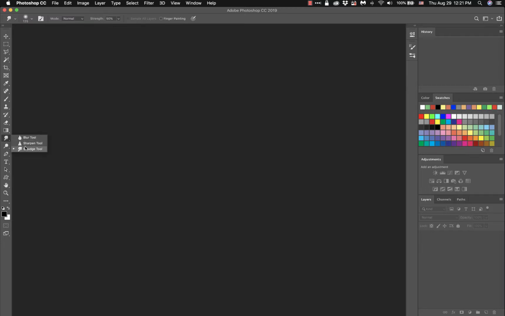I will show you folks all of these: blur, sharpen, and smudge. And the last set of tools is the dodge, burn, and sponge. So that covers, with the exception of the gradient and the art history, all of the brushes that we will cover in the next few videos, starting with the brush tool. So I will jump around from time to time. So instead of starting off with the healing brush, I'm going to start off with the regular brush tool,